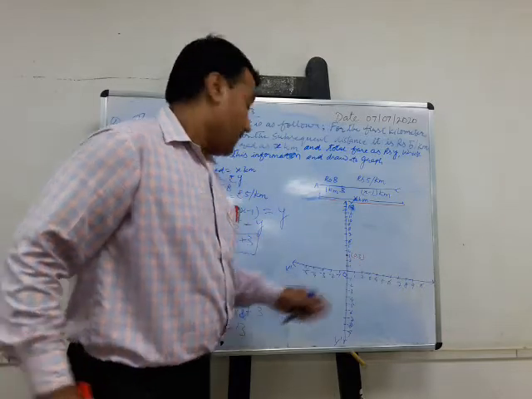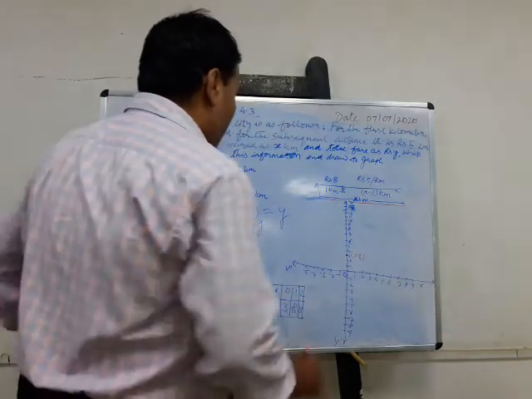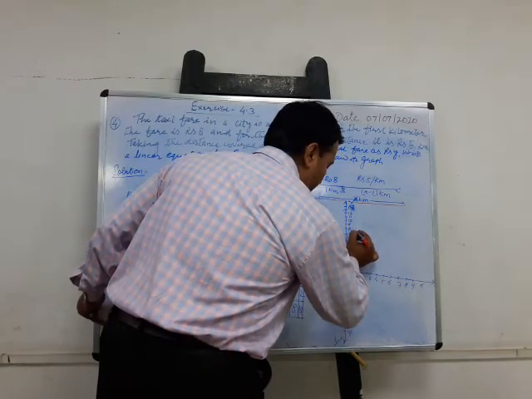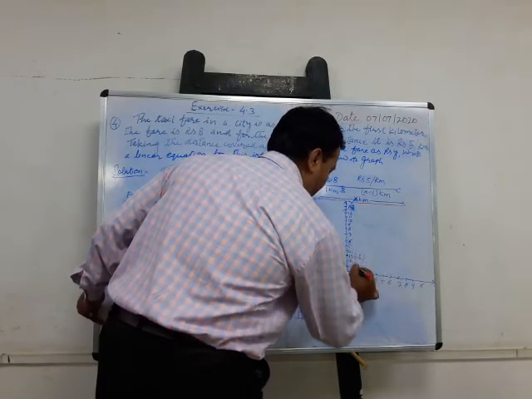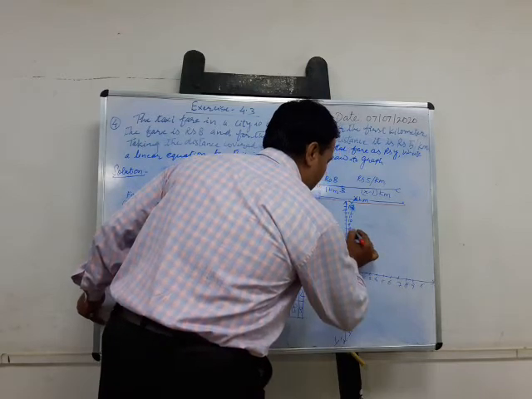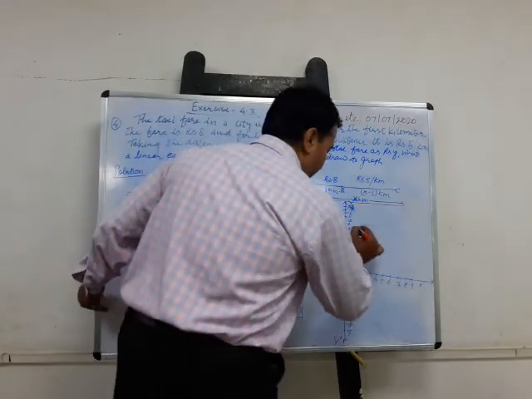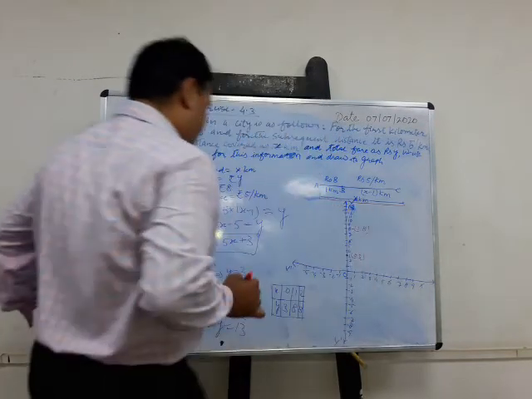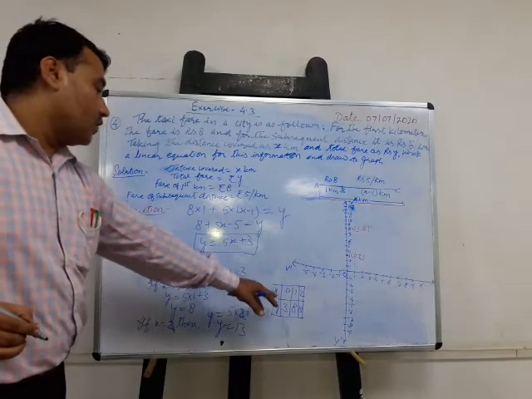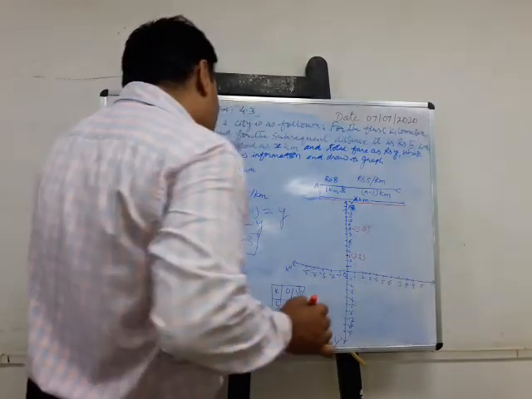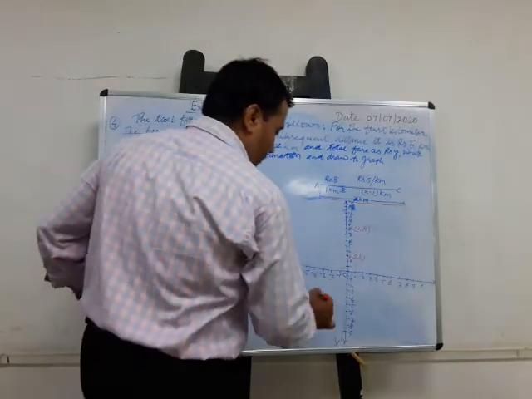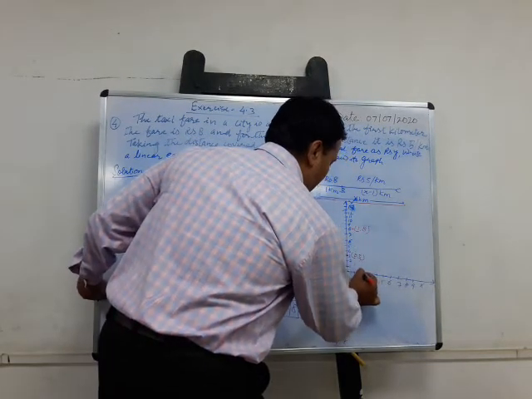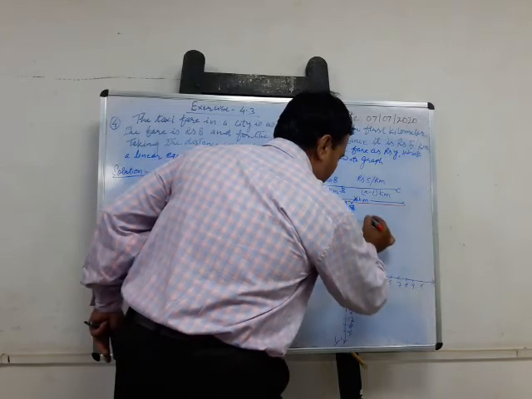It is not in any quadrant. Now x equal to 1 and y equal to 8, see. So let us see the perpendicular lines where they intersect each other. X equal to 1 and y equal to 8, that is this point. Now similarly, the next ordered pair is x equal to 2 and y equal to 13. 13 is over here.